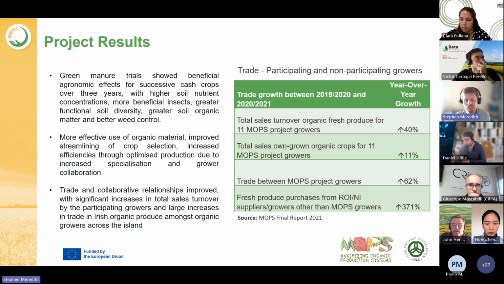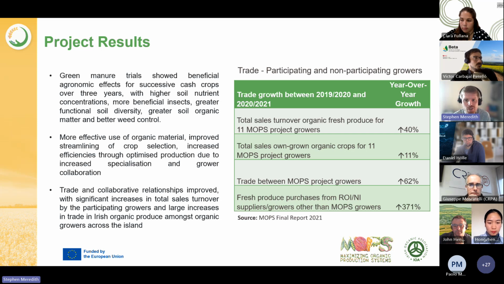Drilling into how different farms were using the organic materials allowed the farms to improve that. In some cases, farms were applying too much organic manure to their fields, and they were able to streamline that to improve over time. But also a really important part of the project was